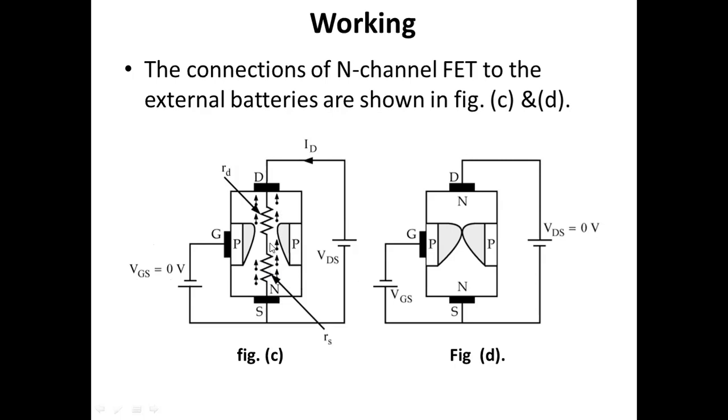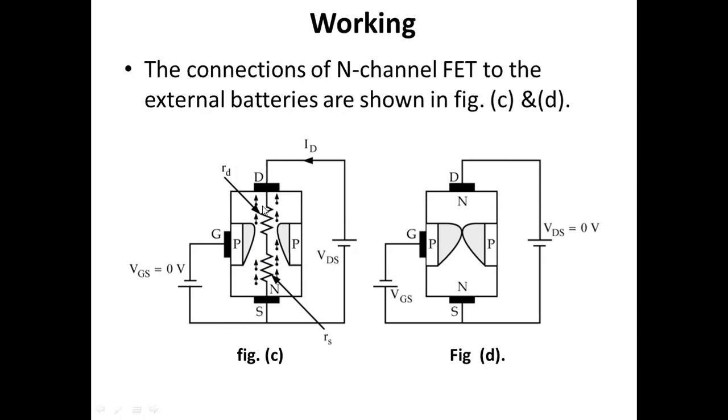So from the above discussion, the current from the source to drain, that is ID, can be controlled by the application of potential on the gate. That means this current ID is controlled by the gate to source voltage VGS only. Okay, that's why it is called a field effect transistor. So ఇది దేని గురించి?